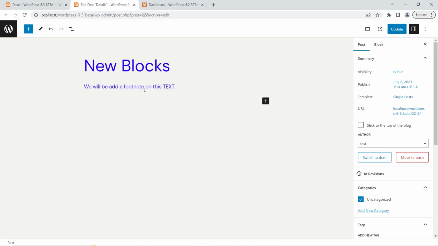Now the next new block that you will come across in WordPress 6.3 beta is the footnote, and using it you will be able to add footnotes easily on your website. In case you are not familiar with footnotes, I recommend you visit Wikipedia. While searching on Wikipedia you will find certain phrases or words have numbers right on top of them. When you click those numbers, it will take you to the bottom where it references a link, and that link will contain more information about that particular topic,